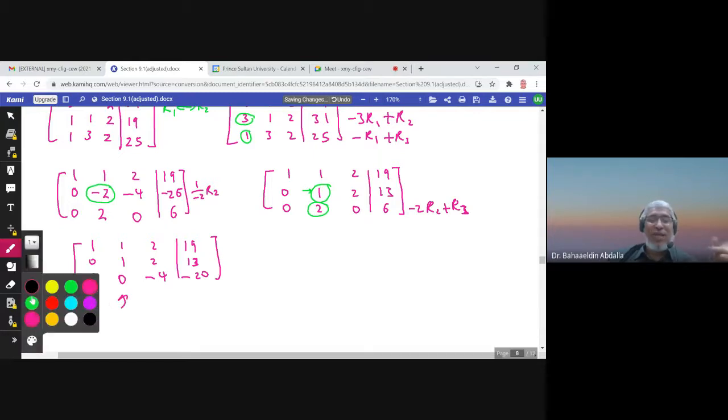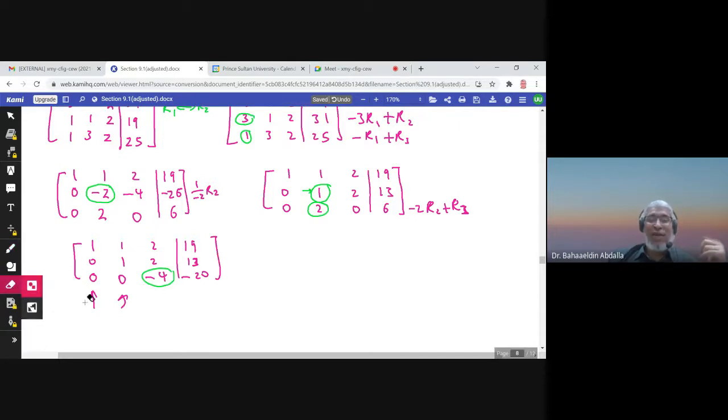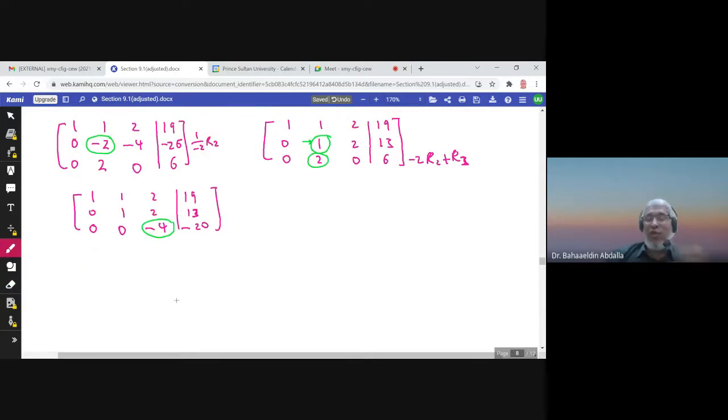Now the next step is this number. I just need to make it 1. And after making it 1, I will reach the row echelon form. So how to make it 1? No interchange, finished. Just divide by negative 4 or multiply by 1 over negative 4. So